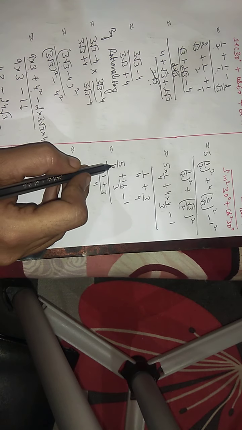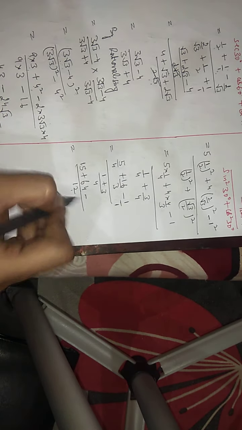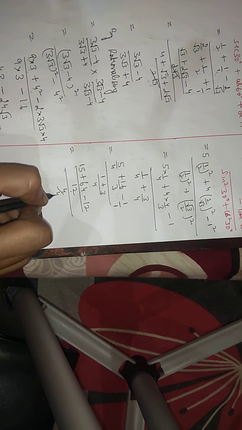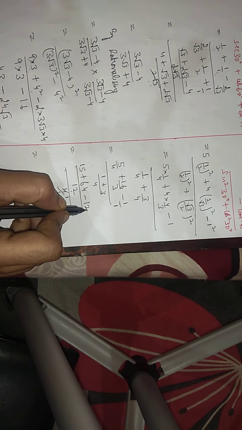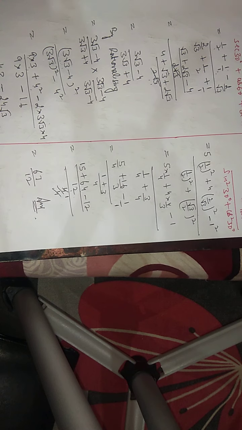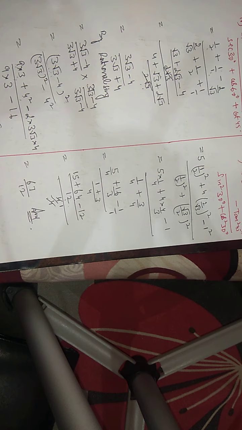When we take the LCM in the numerator, it becomes 12. The LCM of 4 and 3 is 12. 12 upon 4 is 3, 3 into 5 is 15; 12 upon 3 is 4, 4 into 16 is 64; minus 12 upon 1 is 12, 12 into 1 is 12, whole divided by 4 by 4, it's 1. So it's 15 minus 12, 3, 3 plus 64, 67 upon 12, whole divided by 1 remains the same, so the answer is 67 by 12. So this was question number 1 of exercise 8.2.